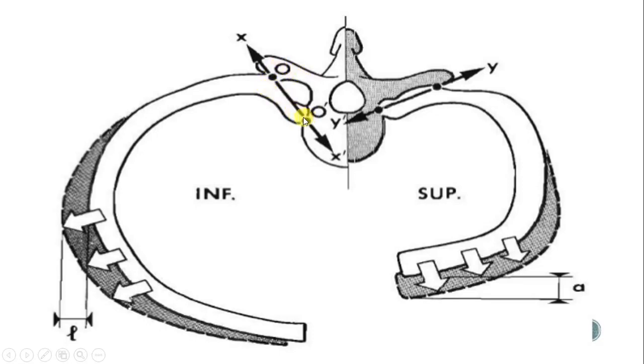And here is the joint between the head of the rib and the facet on the vertebra. Around this axis, two movements occur. One increases the transverse diameter, and the other, the anteroposterior movement, increases the